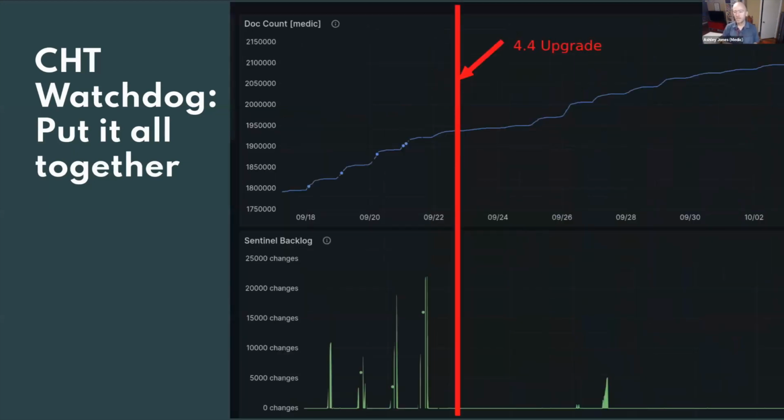One more graph. This is the same data, right? So we have the doc count and the Sentinel backlog, and now we're looking over a greater period of time. And so we can, again, see the growth going up, denoting that we have active users, but we can mark in time, and I'm just taking screenshots and using my screenshot tool to mark this up and say, this is when we upgraded. And on the left, you can see the Sentinel backlog spikes. You can see the API outages. And on the right, you continue to see database growth showing that it's being used. And while we do have